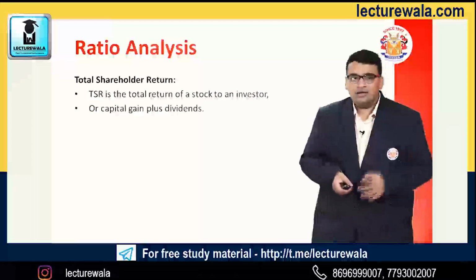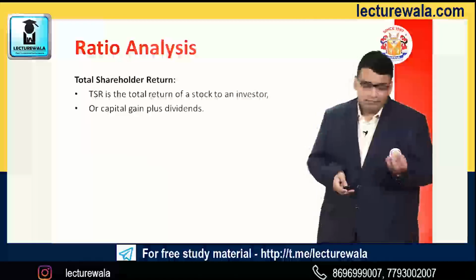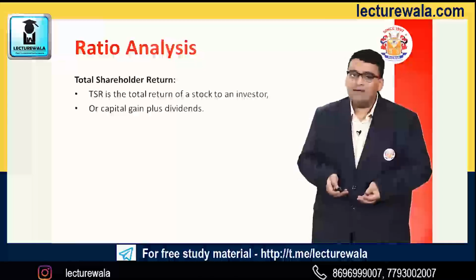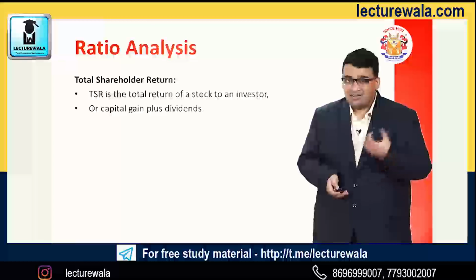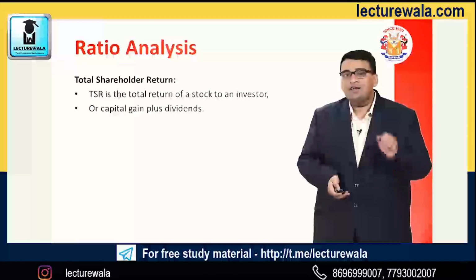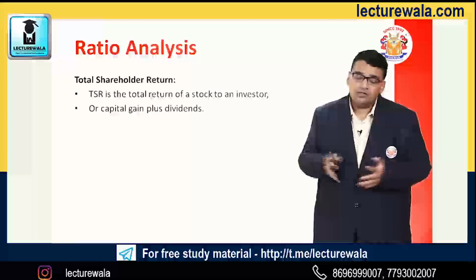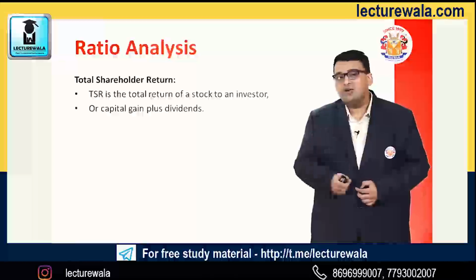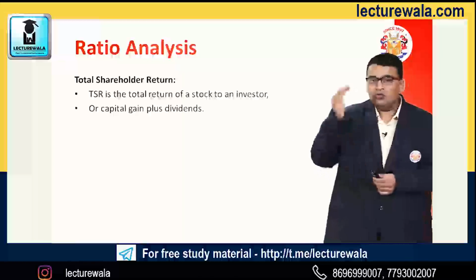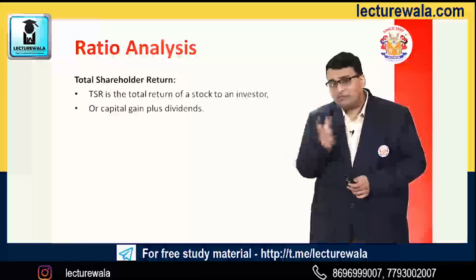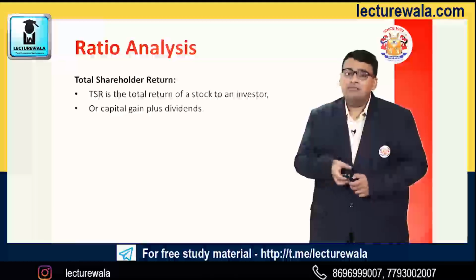Moving forward, it is a capital gain. Shareholders' return may be in the form of dividend, or in the form of capital gain. How capital gain? If the shareholder invested $10 in year one, and the company is growing well, the company's EPS is great, the company's dividend payout ratio is great, and so on. If the shareholder has invested $10 while purchasing the share, and within a time span of 1 year the company's market price has gone to $100 per share, that means the investor is able to have a benefit of $90, that is a capital gain.